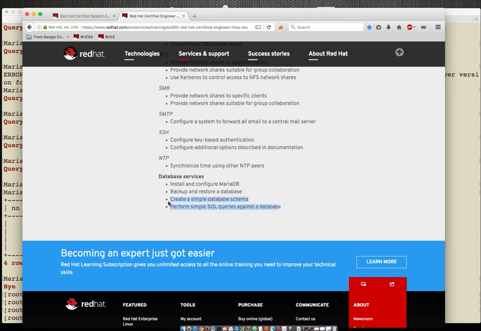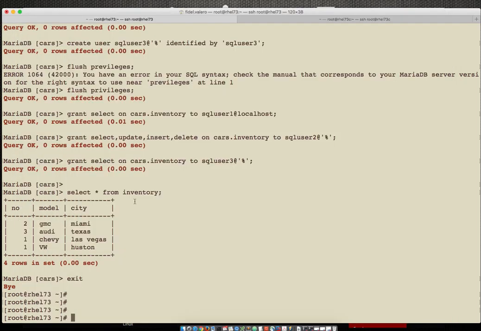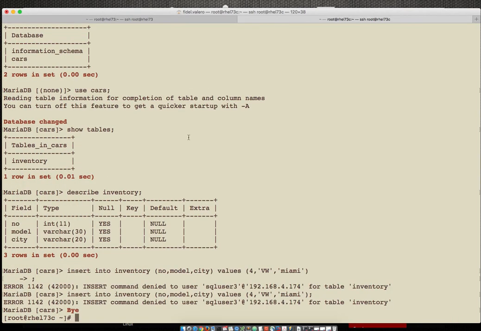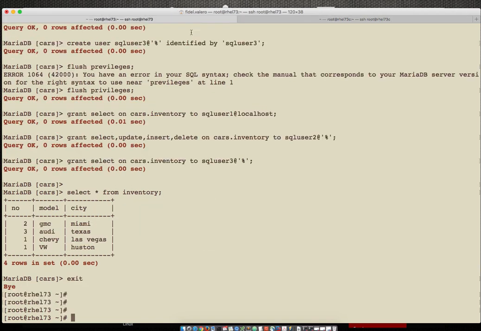So we can show everything. Let's say how to create backup and restore. I'm going to create a backup on this server, and I'm going to restore on this server. Okay, so let's say